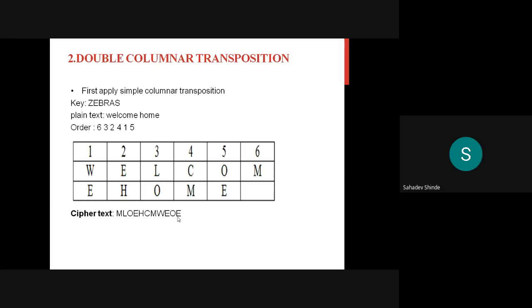This is the example of the simple columnar transposition.